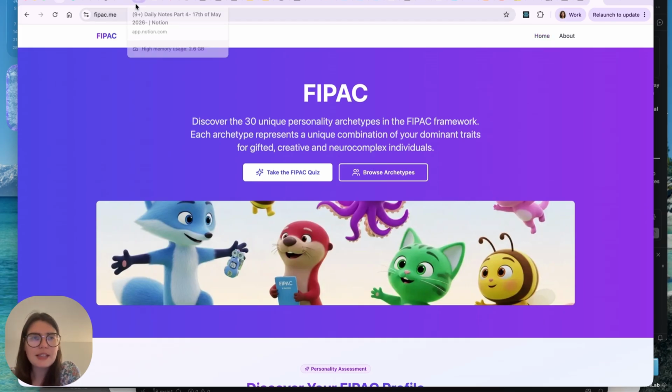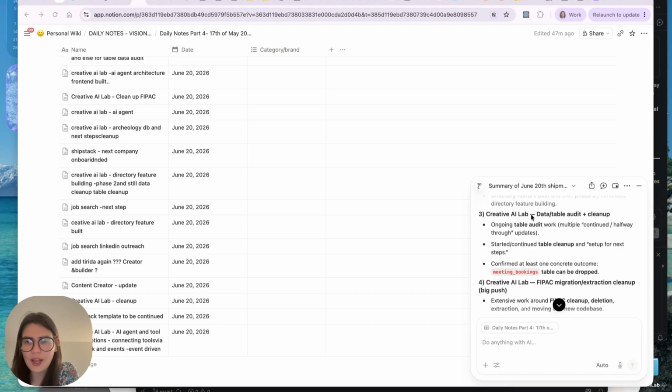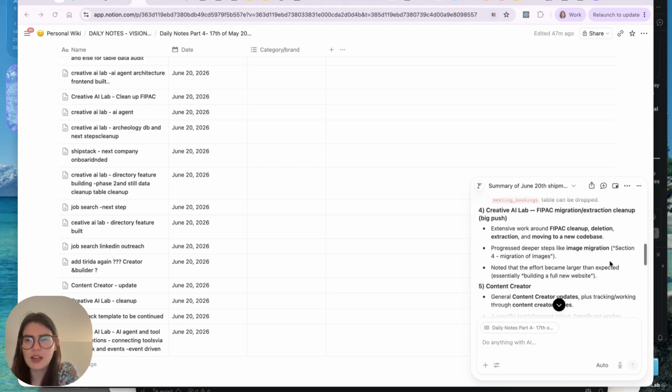So let's go back and see what else we shipped today. So let's go to the next one. We had the Creative AI Lab data table audit and cleanup. We talked about this. Then we talked about the FIPAC migration extraction cleanup, which was a big push. Yes, it sounded big. It wasn't that big if you look at everything else that we built and shipped today, but still it was a very nice one because now we have this live in that code base,